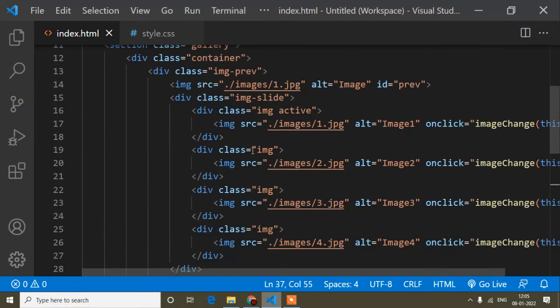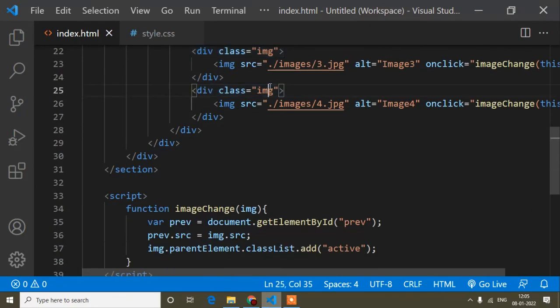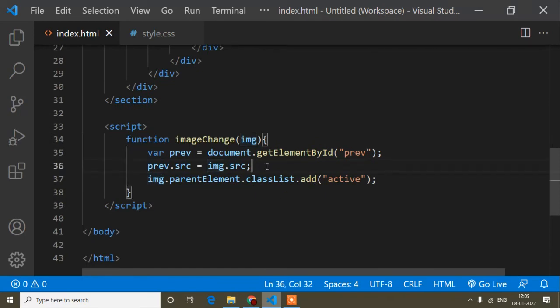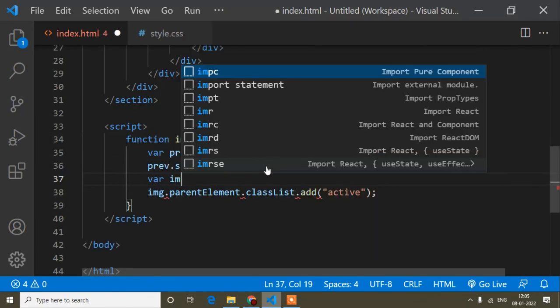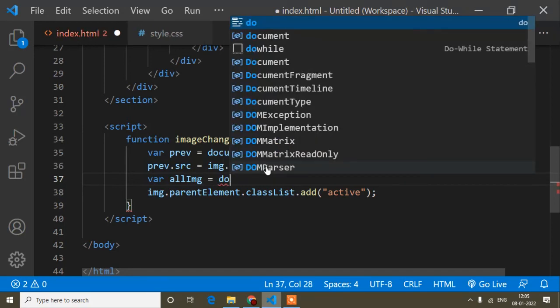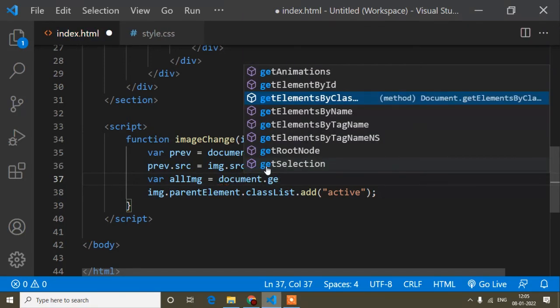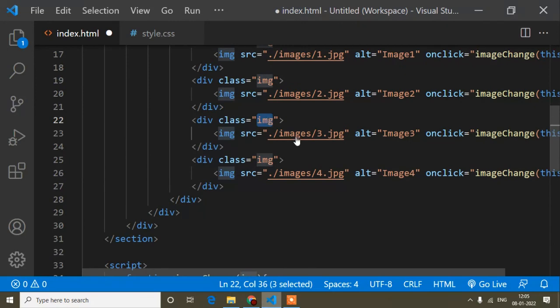So that means these images are also getting the active class, so I have to remove that. The class name is image. So here I will write var, and the variable name I will write all image. Now equals to document dot get element by class name, and the class name is this one.